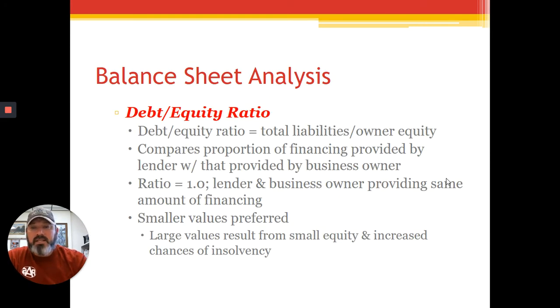The next one is a debt to equity ratio. So the total liabilities divided by owner equity. So it compares the proportion of financing provided by the lender with that provided by the business owner. So who is financing this operation? If a ratio is 1.0, the lender and the business owner are providing the same amount of financing. And the smaller the value, the better here. That's preferred. So large values result in small owner investment and increased chances of insolvency because that means the bank